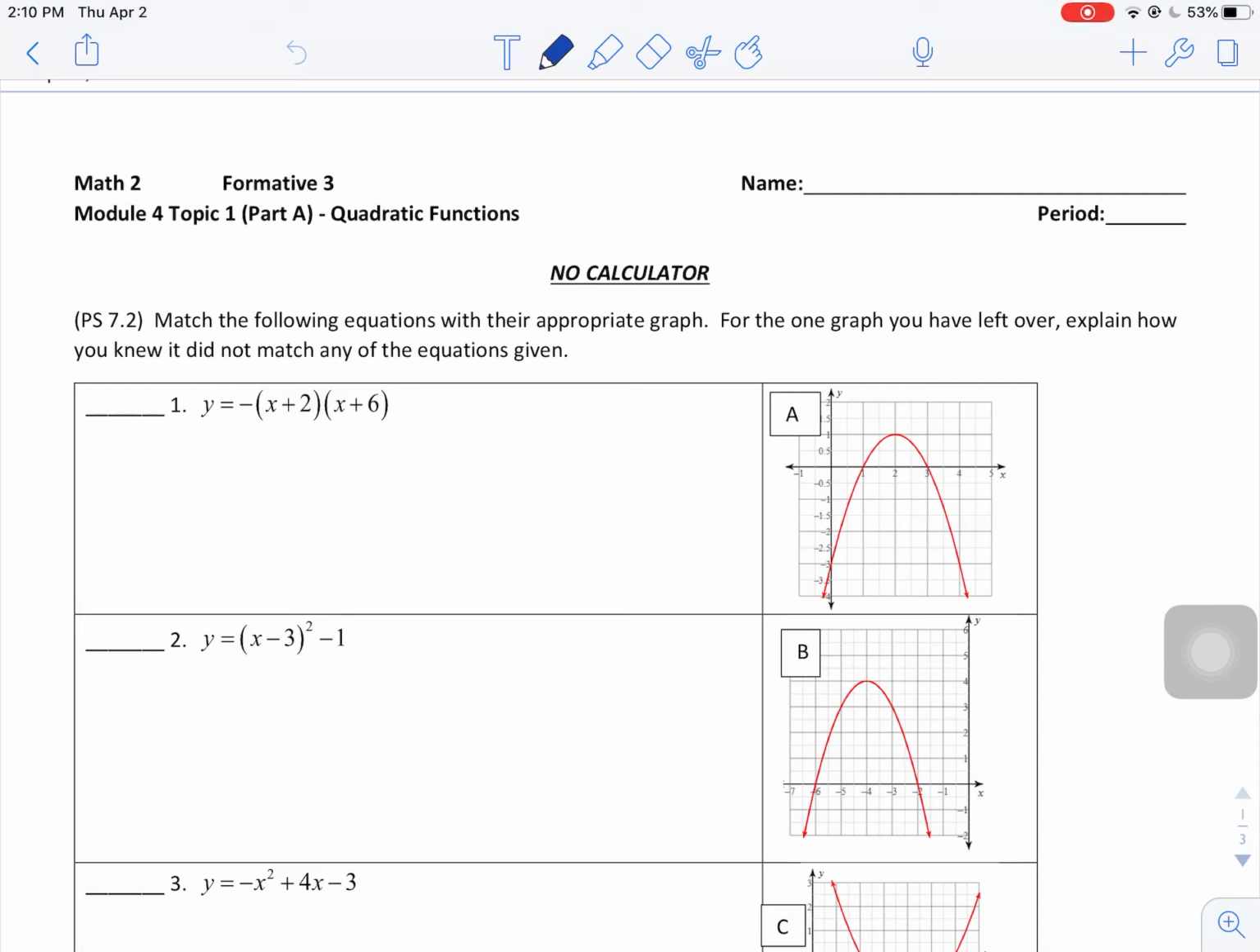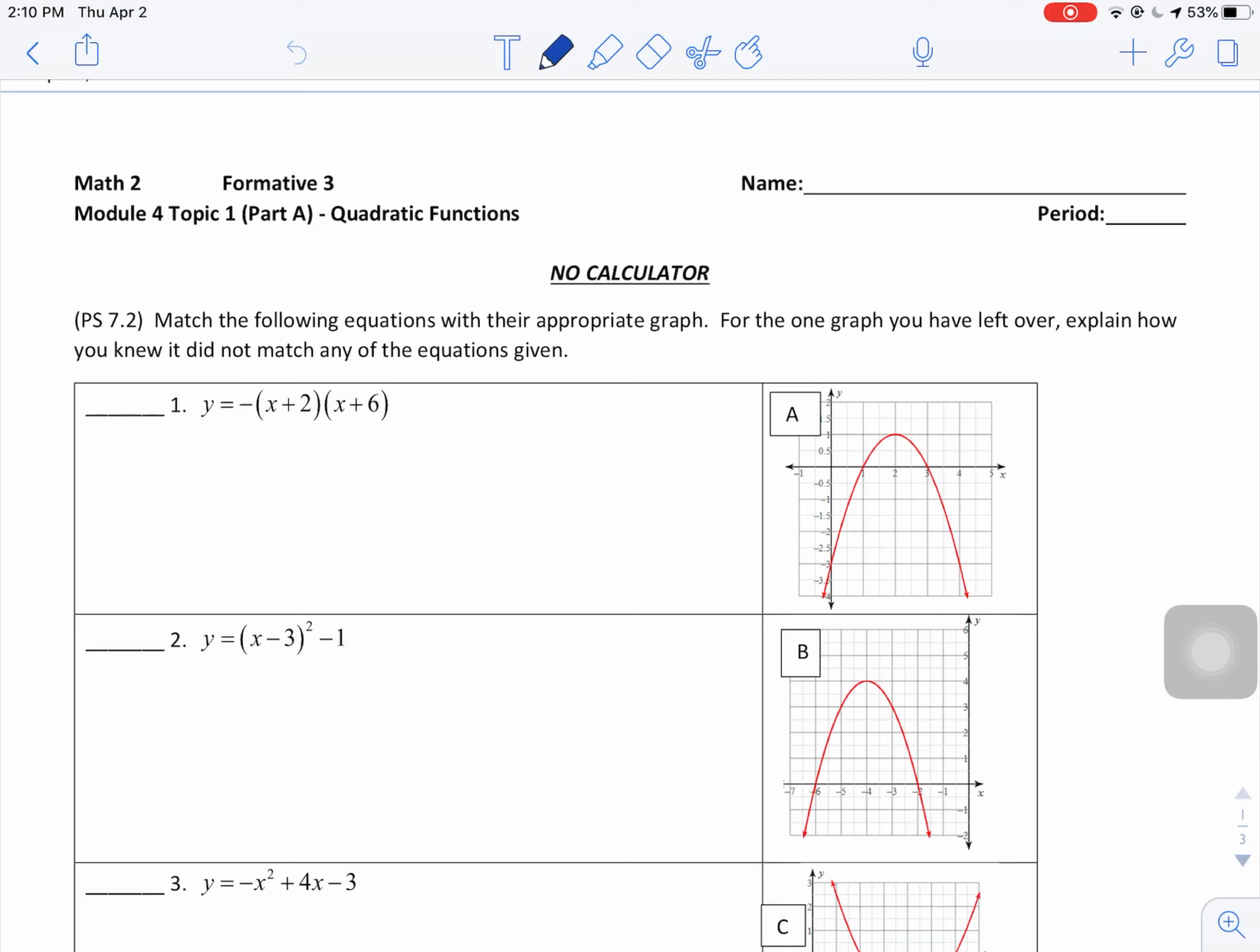Unit 10, Formative 3. Match the following equations with their appropriate graph. For the one graph you have left over, explain how you knew it did not match any of the equations given. So, probably the easiest way to do this is to jot down the key features that are easy to find from each form. So when I look at the